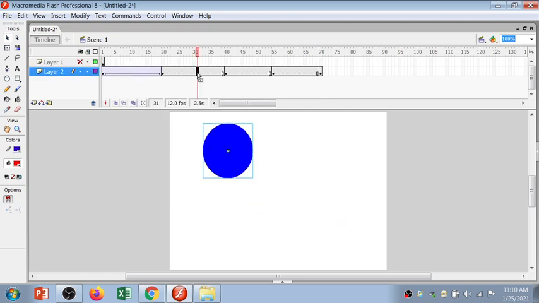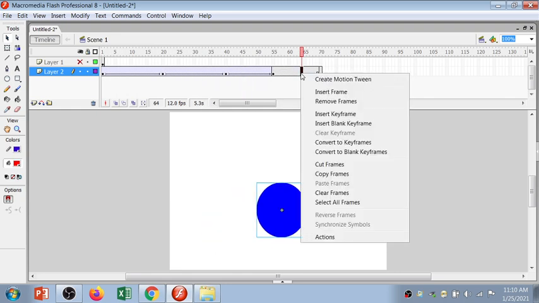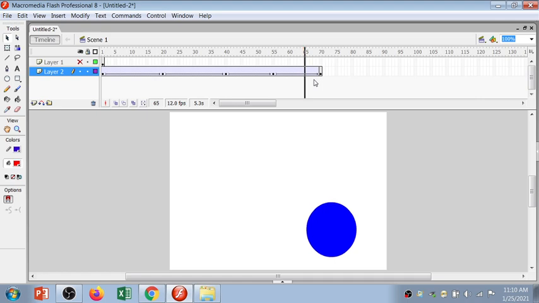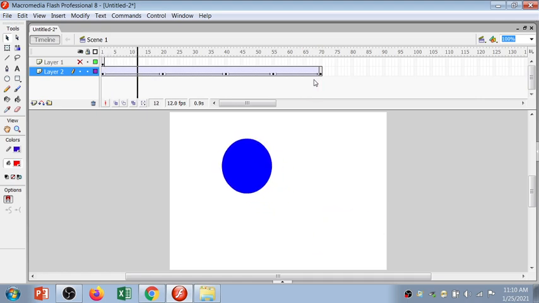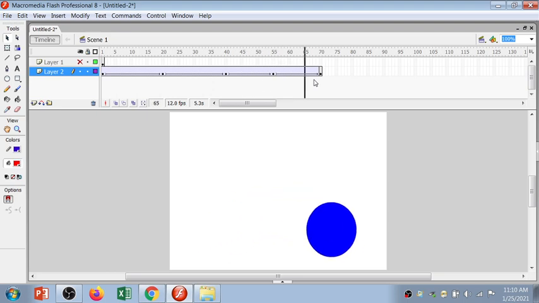Then right click and create motion tween, again right click and create motion tween, and once more create motion tween. So this is the smooth motion which I have applied on the circle object.